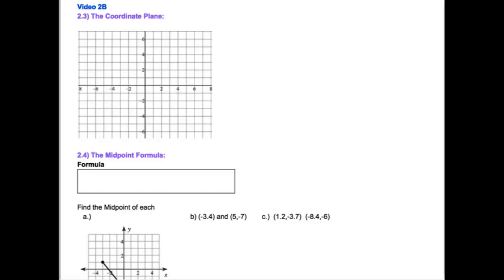In video 2B, we're going to be discussing basics of the coordinate plane and the midpoint formula. So you should know how to plot a point, but we're going to revisit a few things. One is the quadrants. Quad means 4, so our coordinate plane, which is divided by the y-axis,